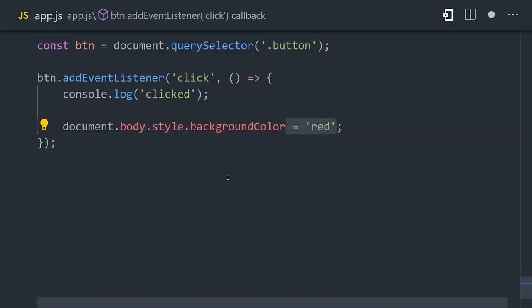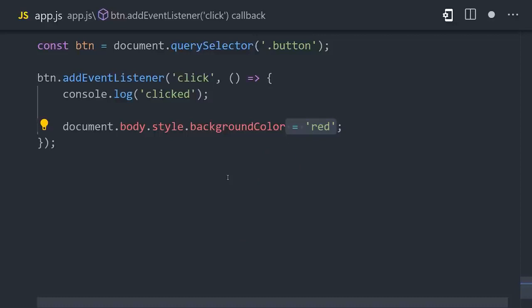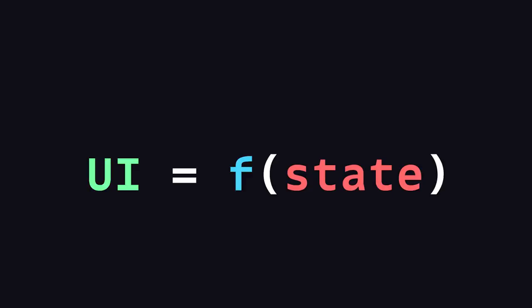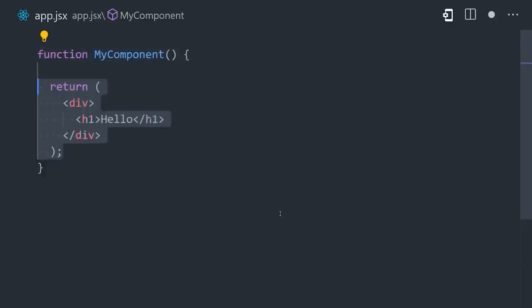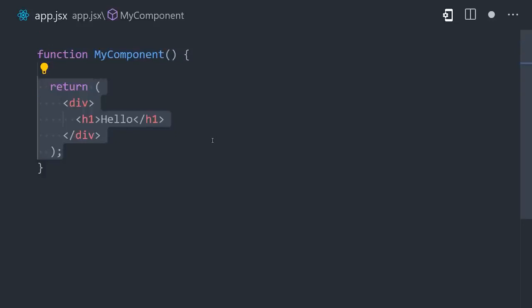However, one thing that many developers dislike about vanilla JavaScript is that it results in imperative code, where the UI is mutated directly. Many developers now use front-end frameworks that produce declarative code, where the UI is a function of its input data. These libraries encapsulate JavaScript, HTML, and CSS into components, which are then used together to form a component tree to represent the UI.